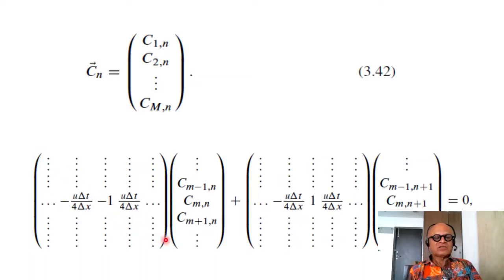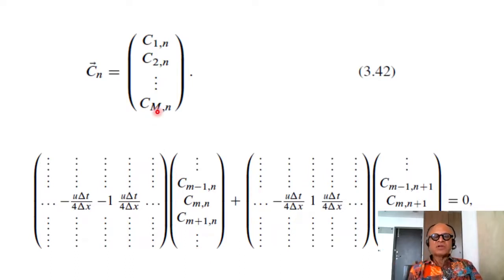So you have the diagonal terms and the off diagonal terms. There are various details that go with it that we are not going to worry about here, and it's going to multiply the vector of c going from c1n to cmn,